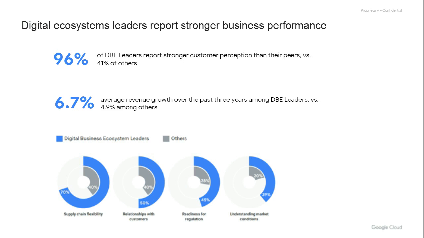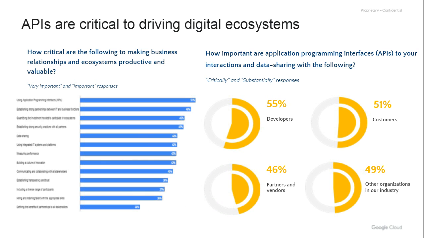So the key takeaway from this insight is that if you are doing digital business ecosystems or incorporating those strategies, then it is very evident that you will see direct business value benefits from those strategies. And we also see APIs playing a very important role in building and scaling digital business ecosystems. Among all the different technology components, CIOs rate APIs as the most critical piece of driving this strategy.